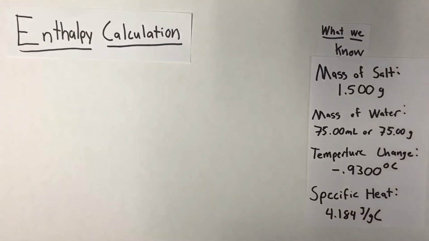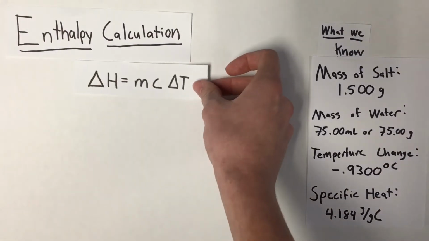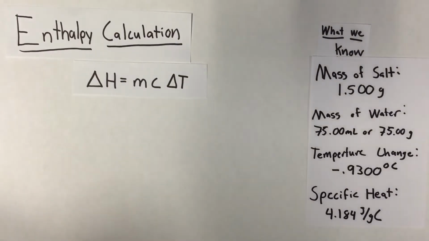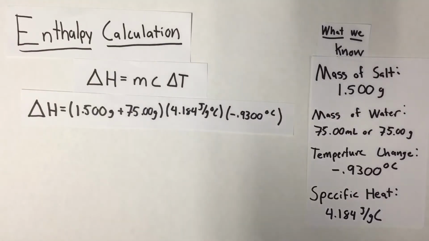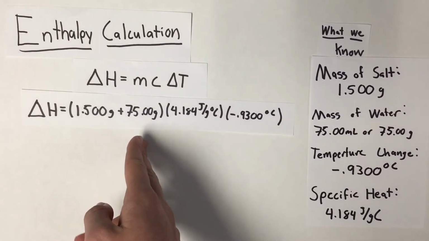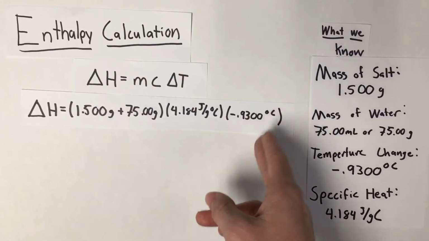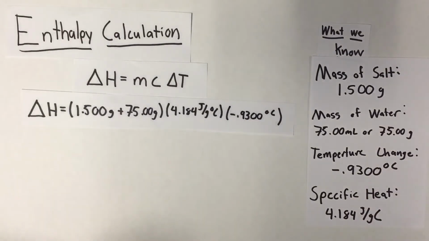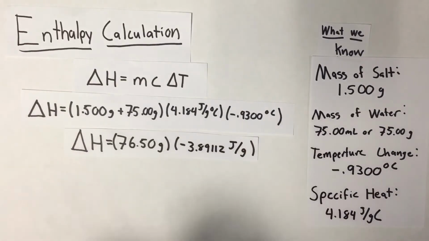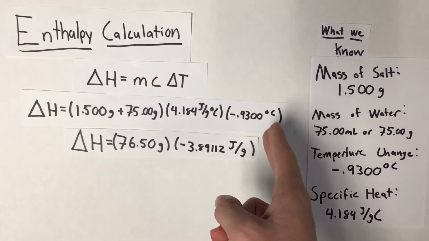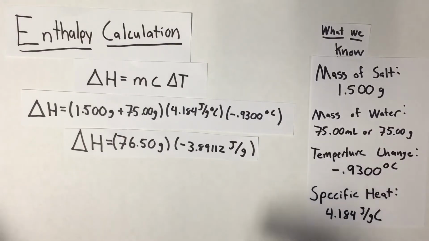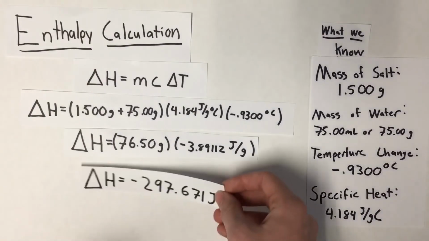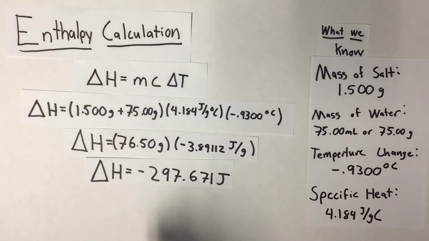When you go to solve this problem, you're going to plug in all of the variables that you know into the equation that you already know. So when you do this, you're going to end up getting delta H equals the mass of the salt plus the mass of the water times the specific heat of the water times the temperature change. Once you go through this work, you're going to get that the total mass is 76.50 grams, and the specific heat times the temperature change is going to be negative 3.89112 joules per gram. And once you solve this out, canceling out all the units and everything, you're going to get delta H is negative